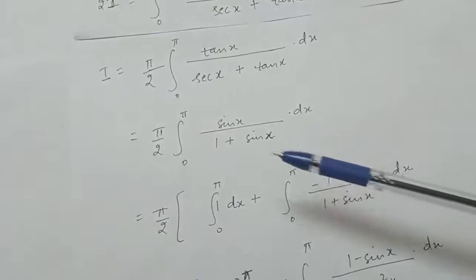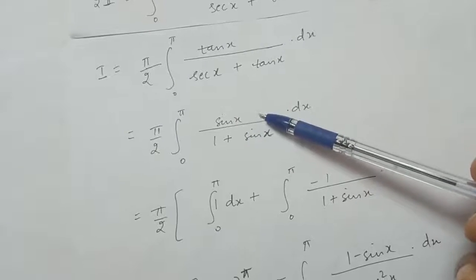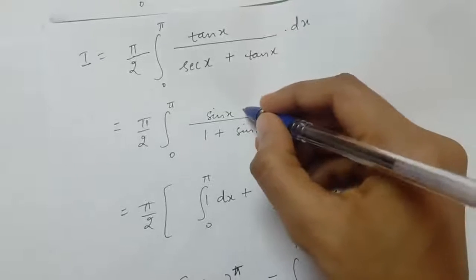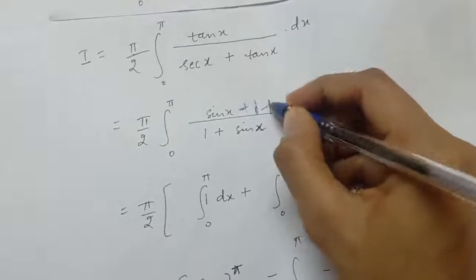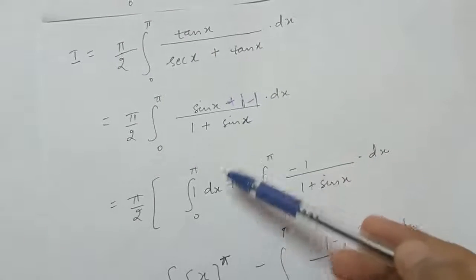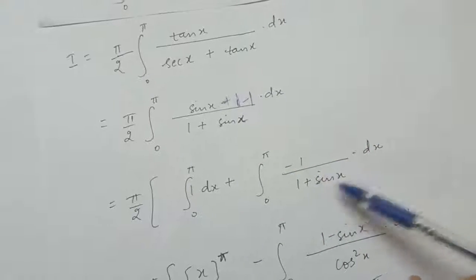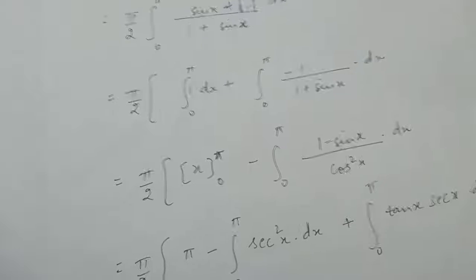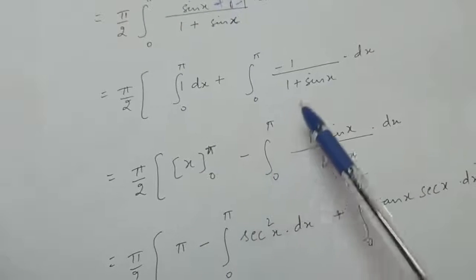Now adding 1 and also subtracting 1 in this numerator, this (1 plus sin x) upon (1 plus sin x) will be 1, and minus 1 upon 1 plus sin x, right? Now the integral of 1 you know is x, and the limits are from 0 to pi, minus,